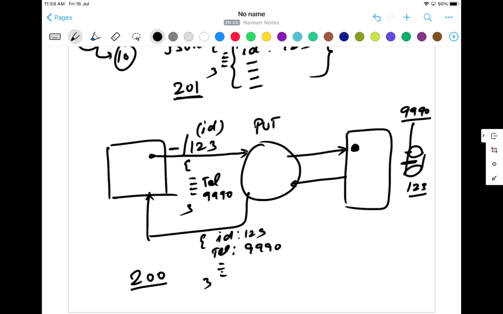So remember this thing, it will always try to update the user. So if you hit this API 10 times or n number of times, it will always try to update the same user, same row again and again. It will not try to create a new entry here. No, it will not create a new entry. That is the main difference, POST and PUT.